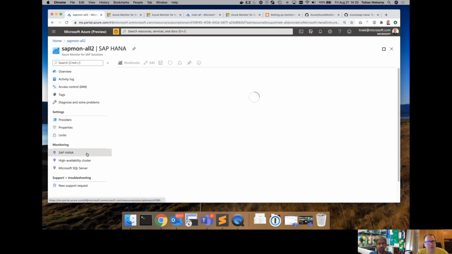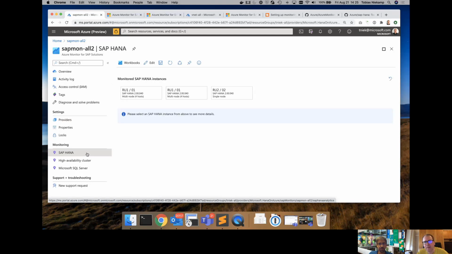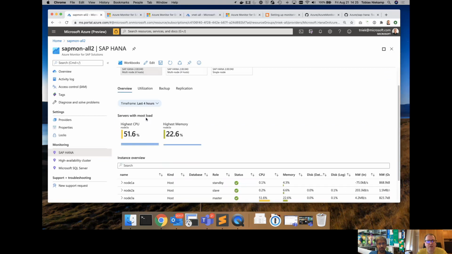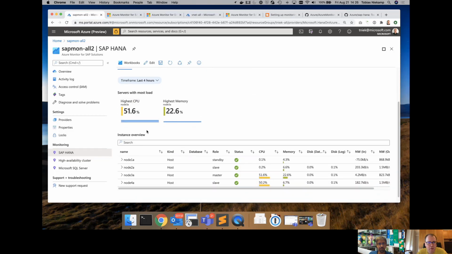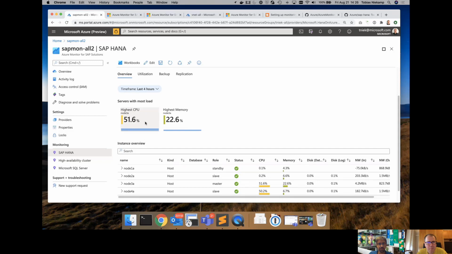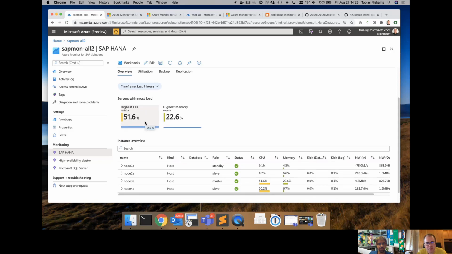And what I can do now is, without using any SAP proprietary or third-party tools, get telemetry from the different landscapes that I'm monitoring. So, for example, this was the RU1 landscape that we built up with the automated deployment script.